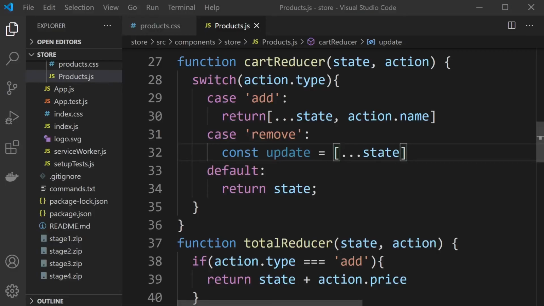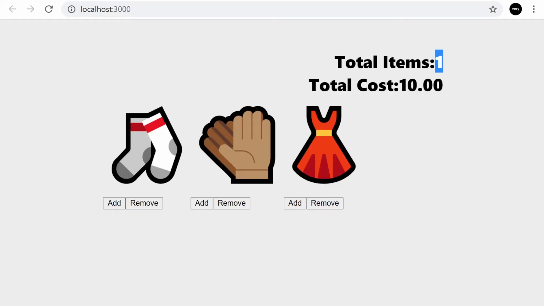So now we need to configure our cart reducer for the remove. So move up to line 27 with the function for cart reducer. And now I've added a new case here called remove. So the first thing I need to do is add all the data from the state into this new variable called update. So I do that because what I want to do is I want to inspect all the data